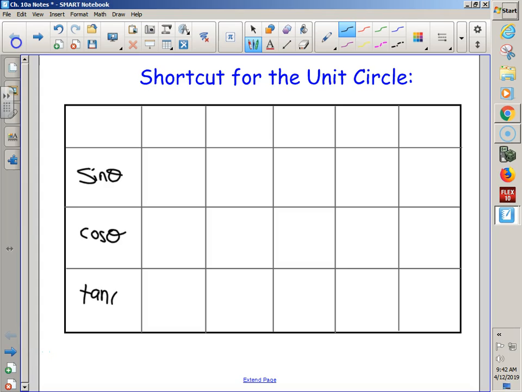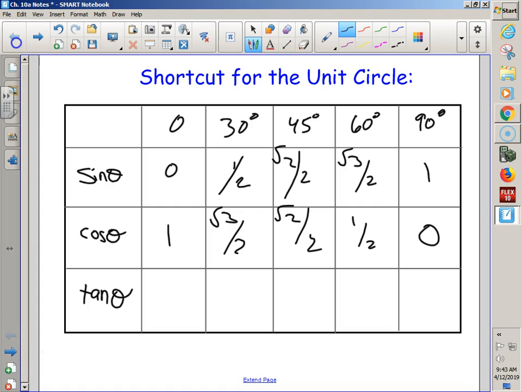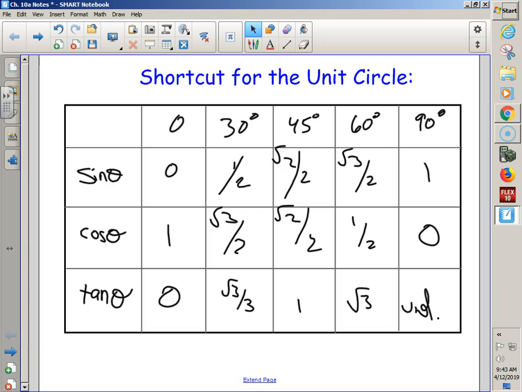Remember, sine goes first, then cosine, then tangent. We have 0, 30, 45. Maybe you guys are thinking about what this would be in radians. I'm talking while going 0, 1, 2, 3. Oops, no, that's in tangent. 3, 2, 1, all over 2 with the square root. I know, I'm slowing down. Square root of 3 over 3, 1, square root of 3, undefined. Okay. So when I sing 1, 2, 3, 3, 2, 1, all over 2, square root of 3 over 3,